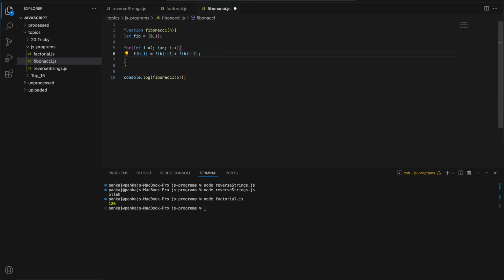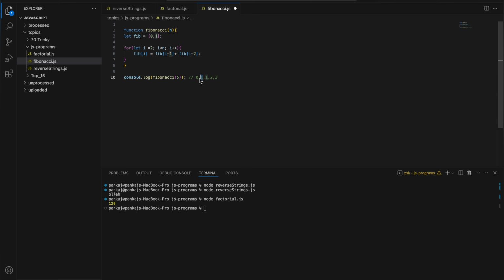All right, so at every single position we are adding the previous two numbers. So 0 plus 1 is 1, then 1 plus 1, so the output of this would be